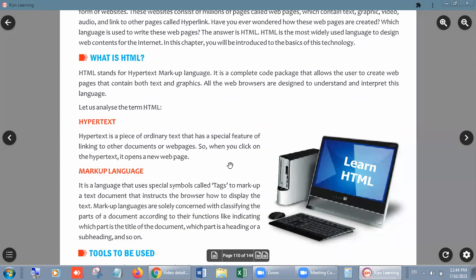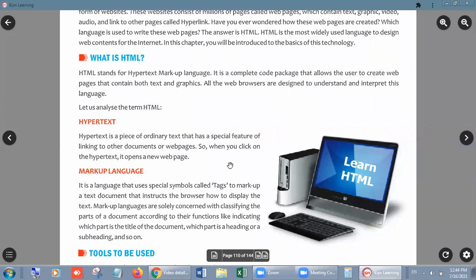As we all know, we have some nicknames in our home, right? But not normal nicknames, the nicknames which make us angry. Suppose in your family, somebody calls you chotu or choti, but you don't like listening to these words. It means these are hyper words for you. Whenever they call you with that name, you get angry, right? So it means you are ready to react on these words.